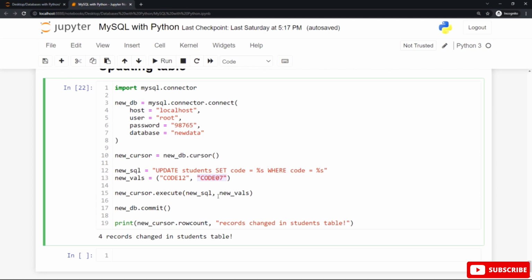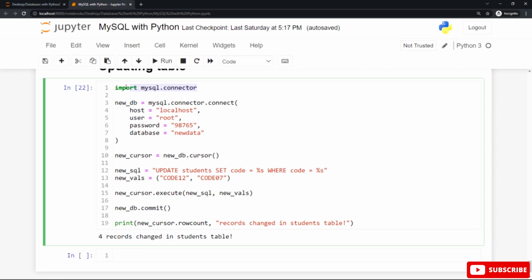And after that, make sure to place this variable as a second argument in the round braces of the execute method, as you can see, and the cursor comes first to perform this operation easily. After that, the commit statement to make the changes to our database, and the output, you will see, is also records changed in students table.